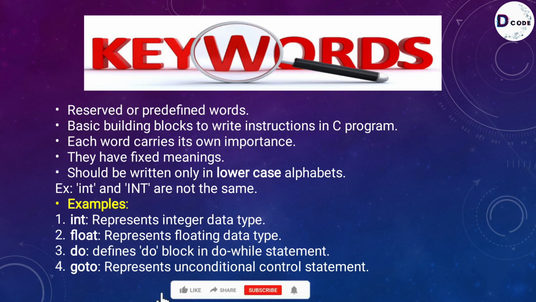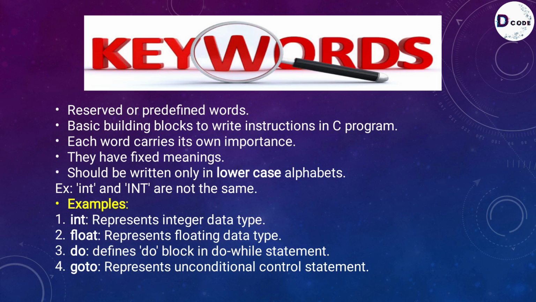First one is int. It is a keyword which represents the integer data type. Next, float. It is a keyword which represents the floating data type. And do, which defines the do block in a do-while statement. And the other one is goto, which represents an unconditional control statement, which is used to transfer the program control